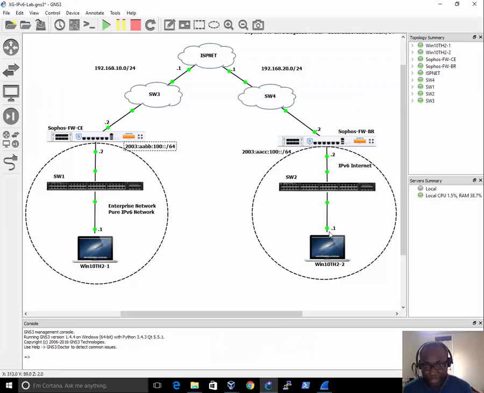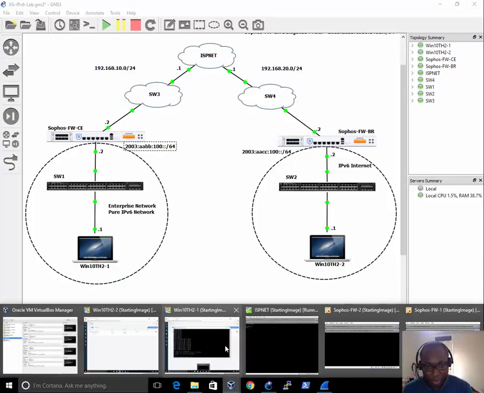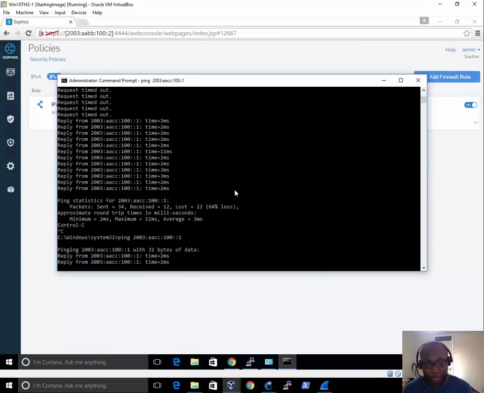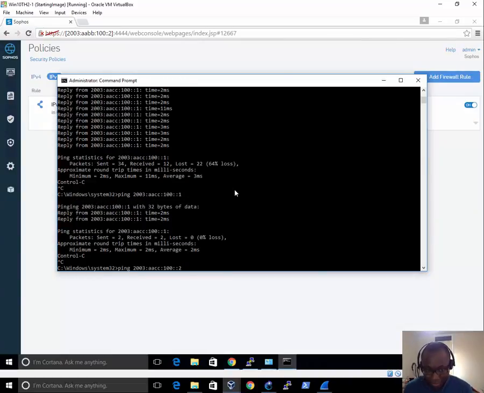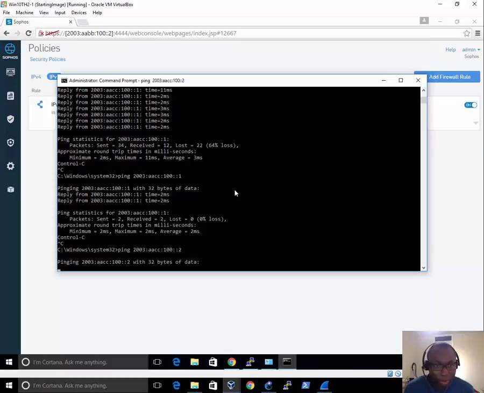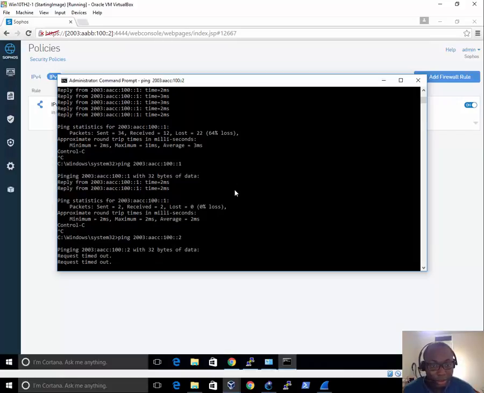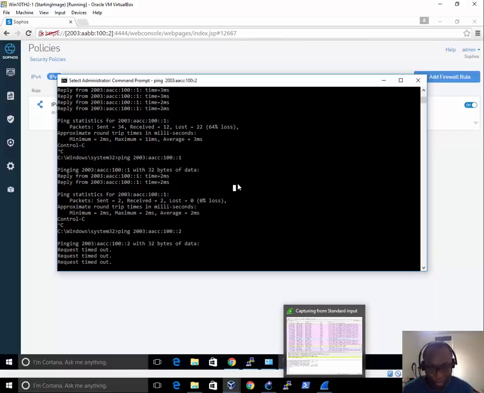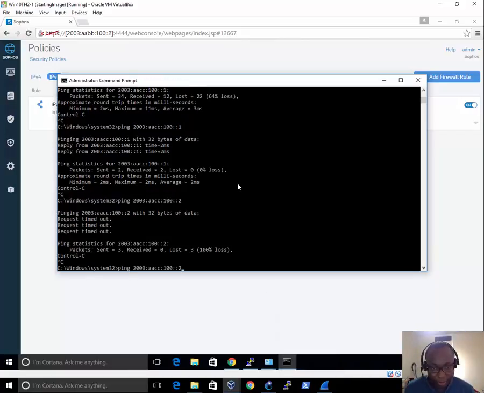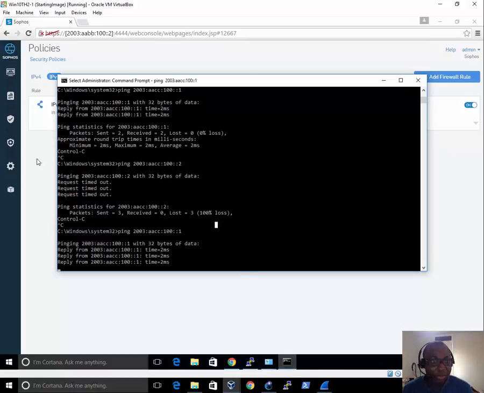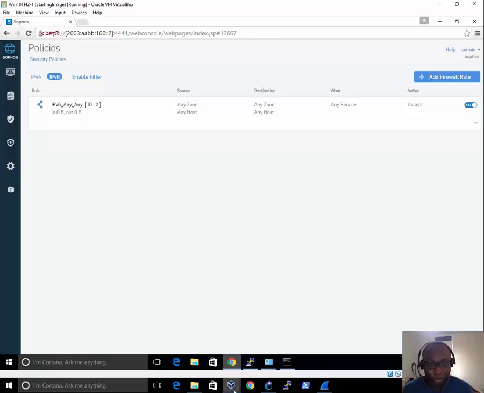If I try to ping this device, which is column 1, actually I'm pinging the other device, and I can ping his gateway for sure too. So I'm pinging 2003 AACC 100 column 2, and we can find out what the issue is there. But we know we can ping column 1, so that'll probably be another firewall. So if I go to the other hand,